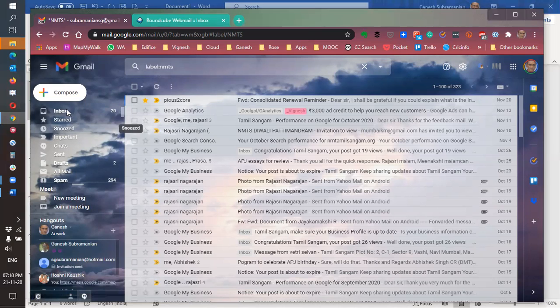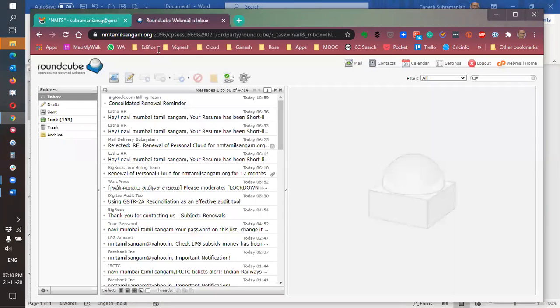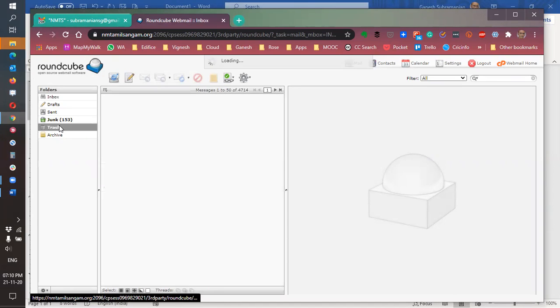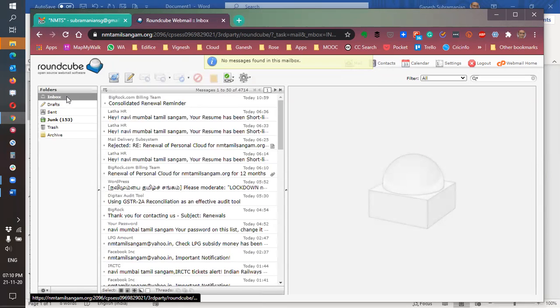So normally you have inbox, sent, drafts, and spam. The same thing exists here: inbox, draft, sent, spam or junk, trash means delete, archive. Archive means save it so that you don't see it anywhere. So both are identical. This is your inbox.